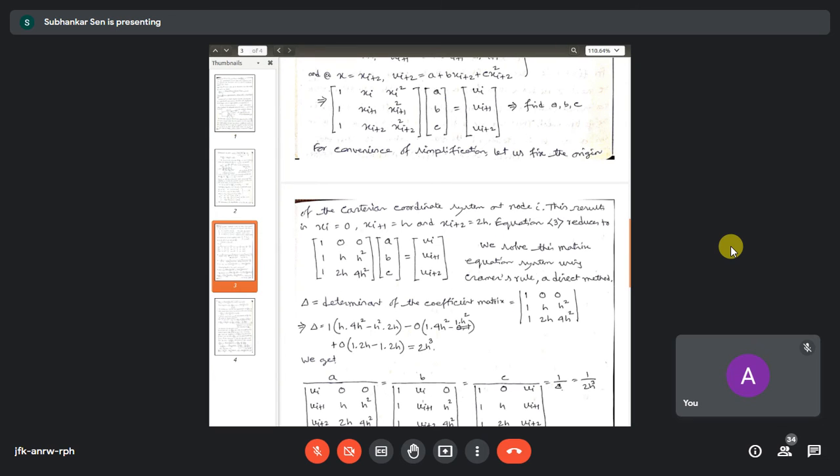For practical purposes, when we go for real life applications, we never use Cramer's rule. But here it is a 3 by 3 matrix. If it is a 3 by 3 matrix or a 4 by 4 matrix, 4 by 4 is also big, but we can use it. But if you are using a 50 by 50 matrix, or a 6 by 6 or 8 by 8 matrix, we don't use Cramer's rule. So you have to remember that Cramer's rule is a direct method we never use in CFD. Whenever we are actually solving a CFD problem, we never use Cramer's rule.